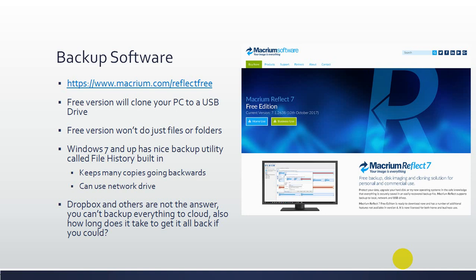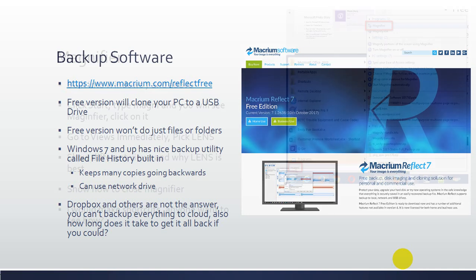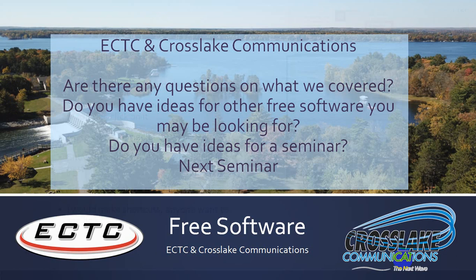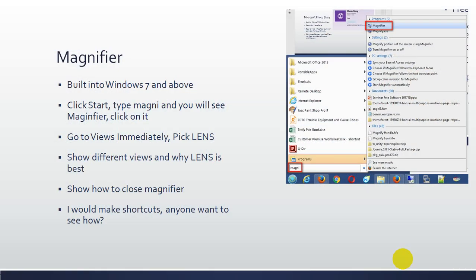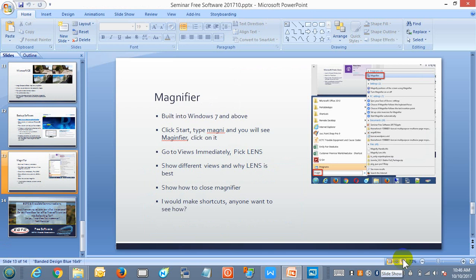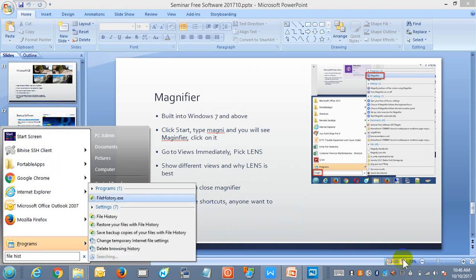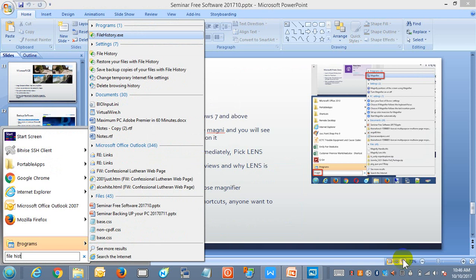But Microsoft Windows 7, 8, 8.1, and 10 all have this thing built into them called File History. And I took a little screenshot of it. I'll show you in the next slide. Or I won't show you at all. I'm sorry, I didn't take a picture of it, so I'll have to show you on my screen. If I went to the Start button, which is the lower left button, you hit that, and you type File History. You guys see right there it says File History? It's kind of fuzzy, but can you read that back there? Okay. If I open that up,